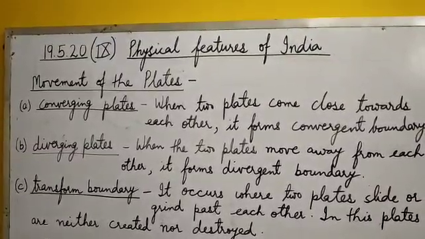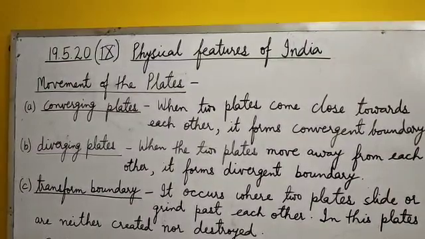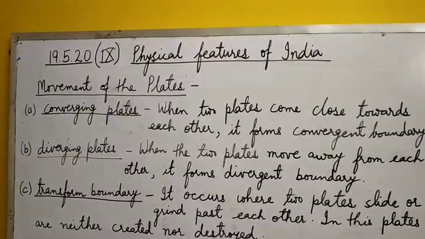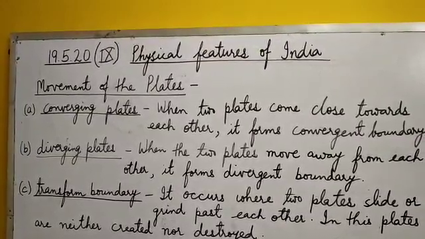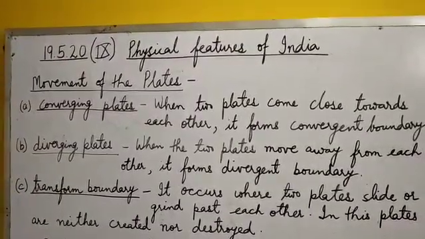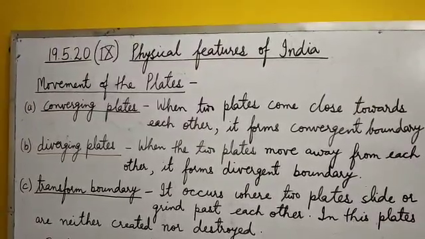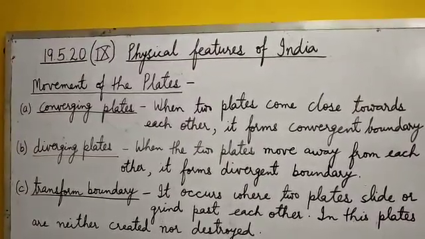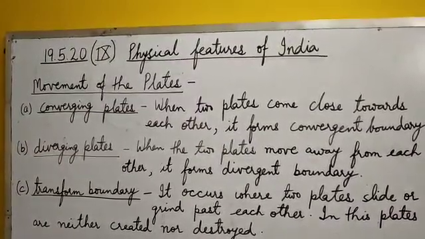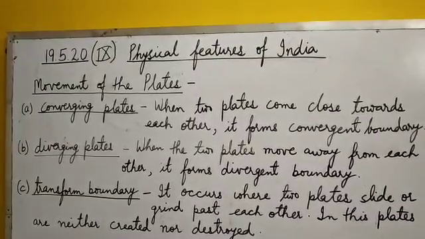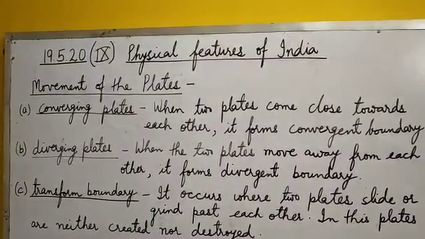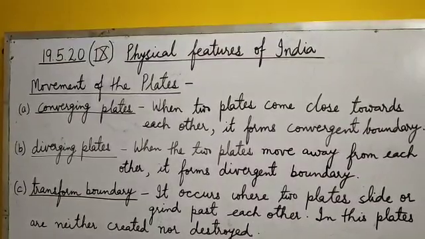In the last class, we had discussed the plate tectonic theory and also the continental drift theory. Now, it is clear that the Earth's crust is made up of a number of fragments, or plates, which also move. So today we will discuss the different types of plate movement. There are three types of plate movement or plate boundaries: converging, diverging and transform. The movement of these plates has changed the position and size of the continents over millions of years.